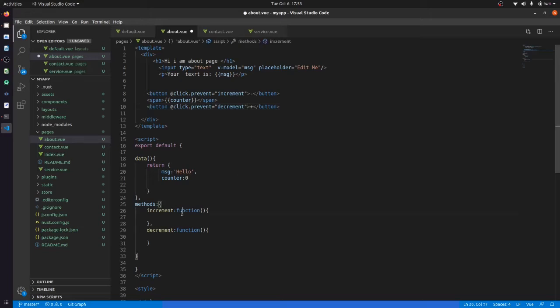So what our increment function will do is increment this counter. How can we use this counter? this.counter++. In a similar way, copy, paste, minus, save.